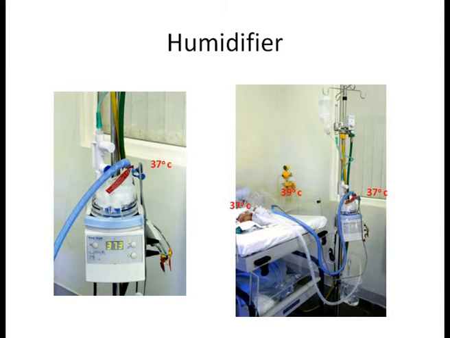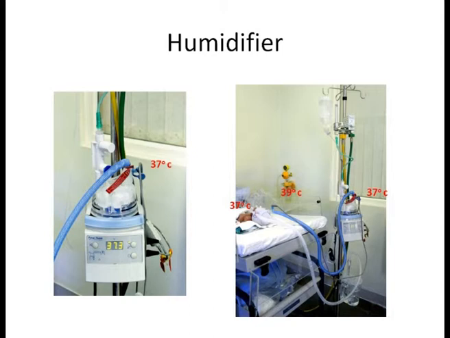To ensure that this relative humidity remains 100% and a temperature of 37 is maintained when the gas is going to the patient, we need to have a special mechanism. That is, you ensure that the gas going from the chamber is heated with a heater wire in the inspiratory limb to 39 degrees, that is before going to the patient. From 39 degrees, before it reaches the patient, the gas drops by 2 degrees Celsius.